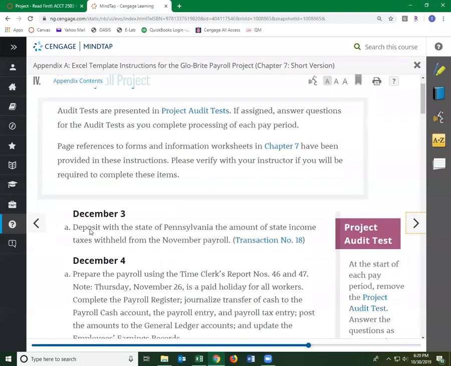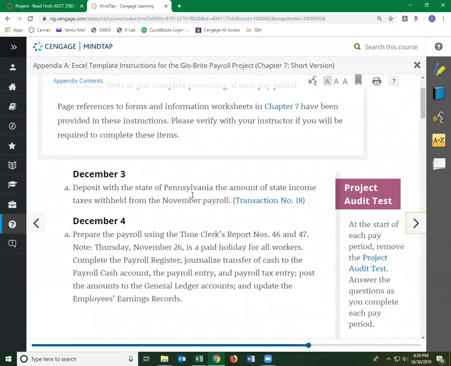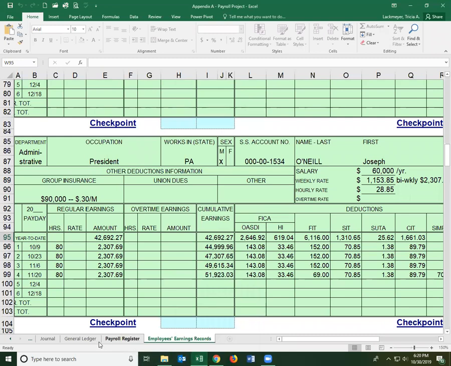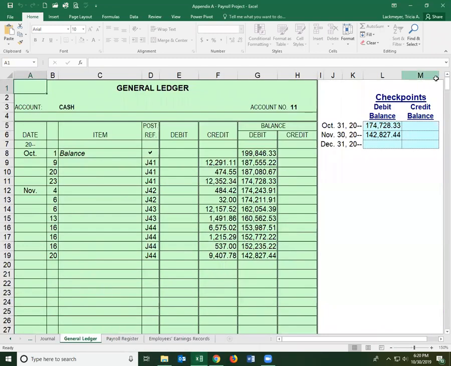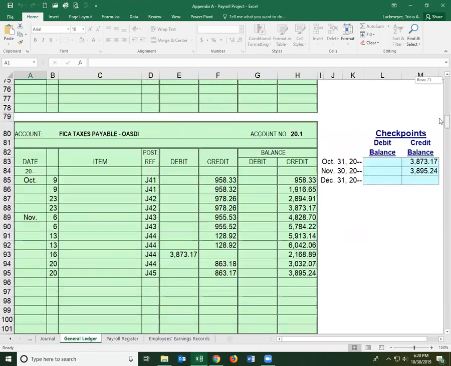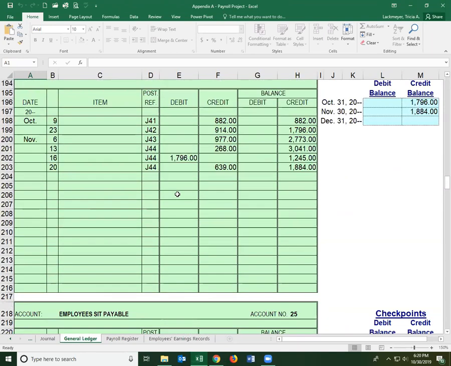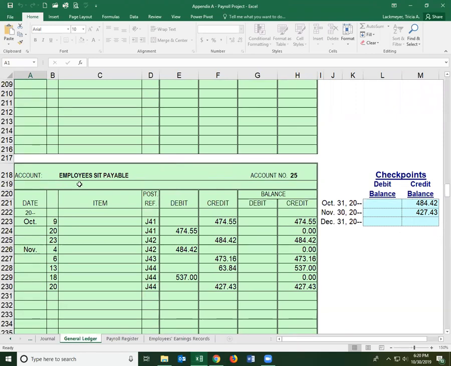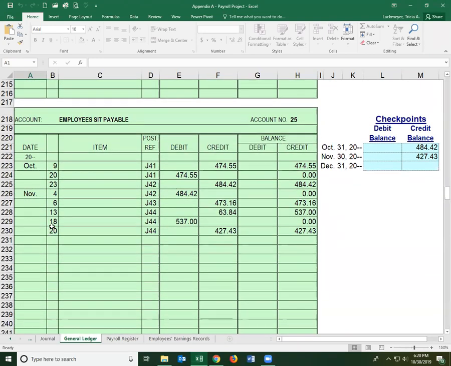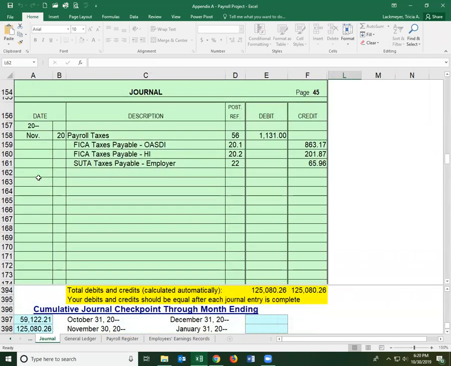Again, you'll start here. December 3rd, deposit to the state of Pennsylvania the amount of state income tax withheld from the November payroll. That's a journal entry. Okay, so for your very first journal entry, you're going to look in your general ledger and find your employee state income tax withholding or payable. So employee SIT payable, employee state income tax payable. Well, right now we owe $427.43. Okay, so when I go to the journal, the first journal entry you're going to do, you're just going to follow their format,